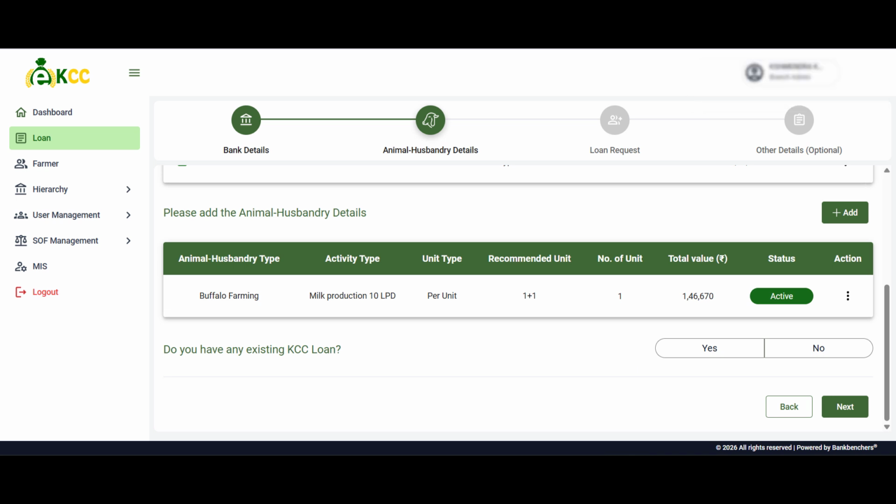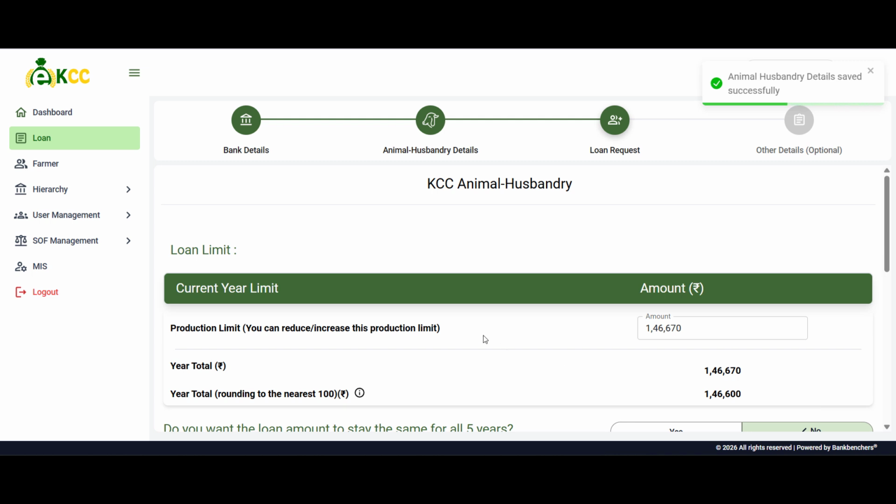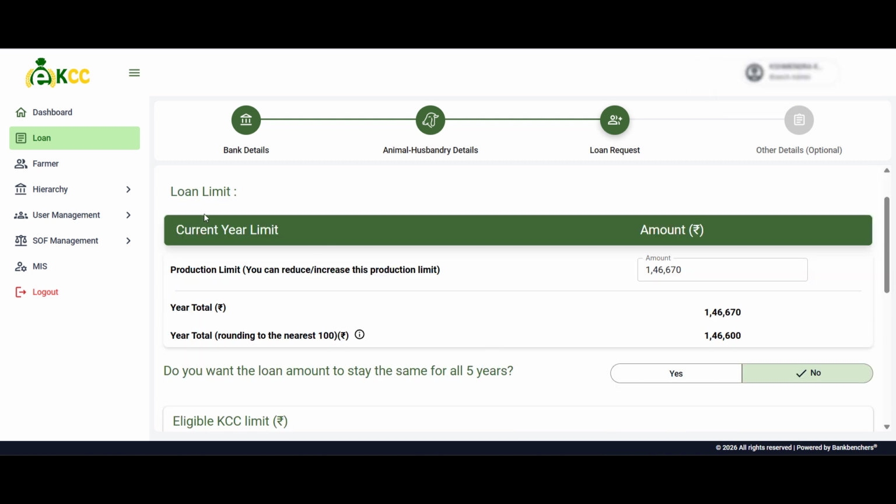Next, you will be asked, do you have any existing KCC loan? If you already have any other KCC loan, select yes, otherwise select no. Finally, click on the next button below. After this, the next page for the loan request will open. Now, loan request page will open where the current year limit section will appear. Here, the loan amount will be automatically calculated and displayed based on the animal husbandry details added and the applicable